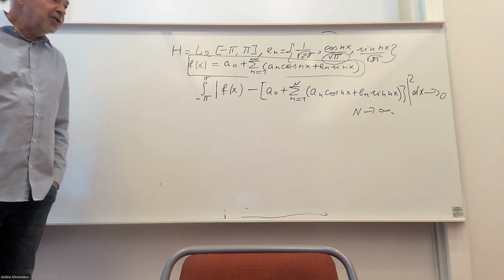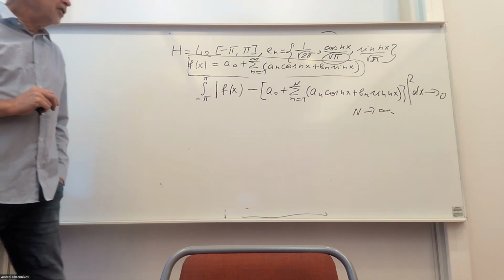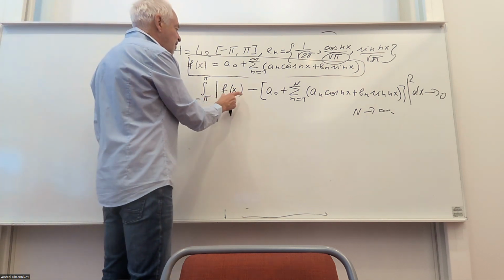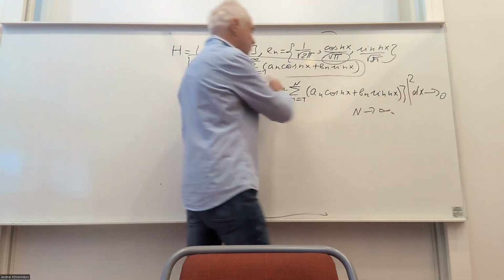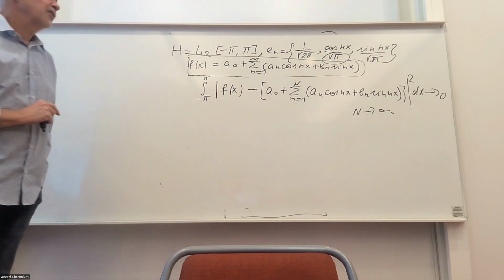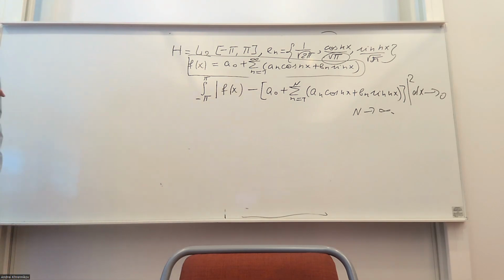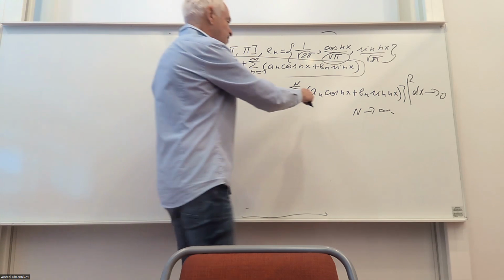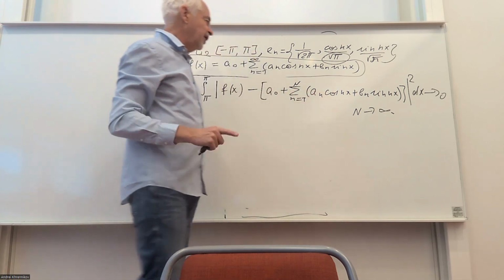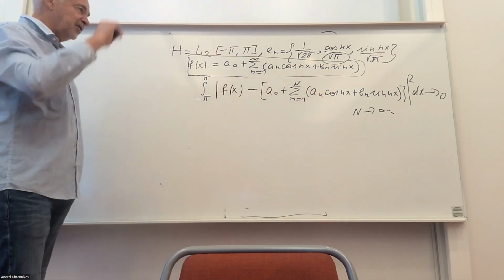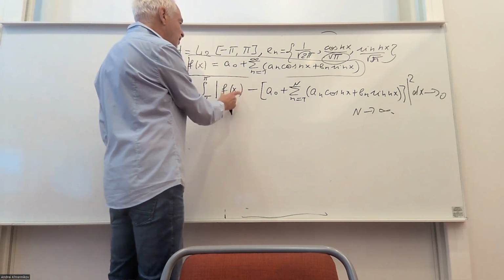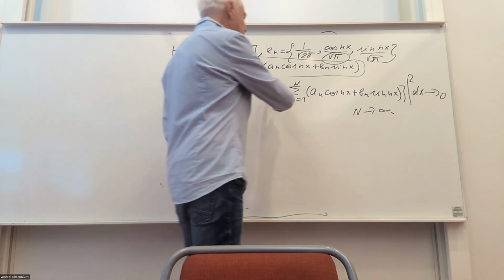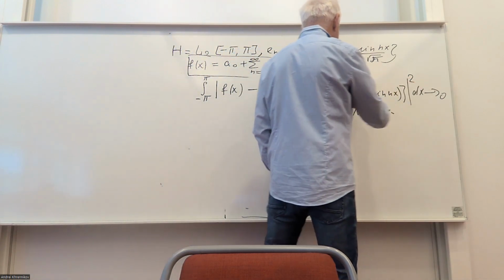What is the physical meaning of this convergence? We approximate the energy of this signal by the energy of this part of our Fourier series. Typically, each n is a channel. For example, in wireless communication, n is just frequency. And we see how the total energy of the signal is approximated by the energies of signals